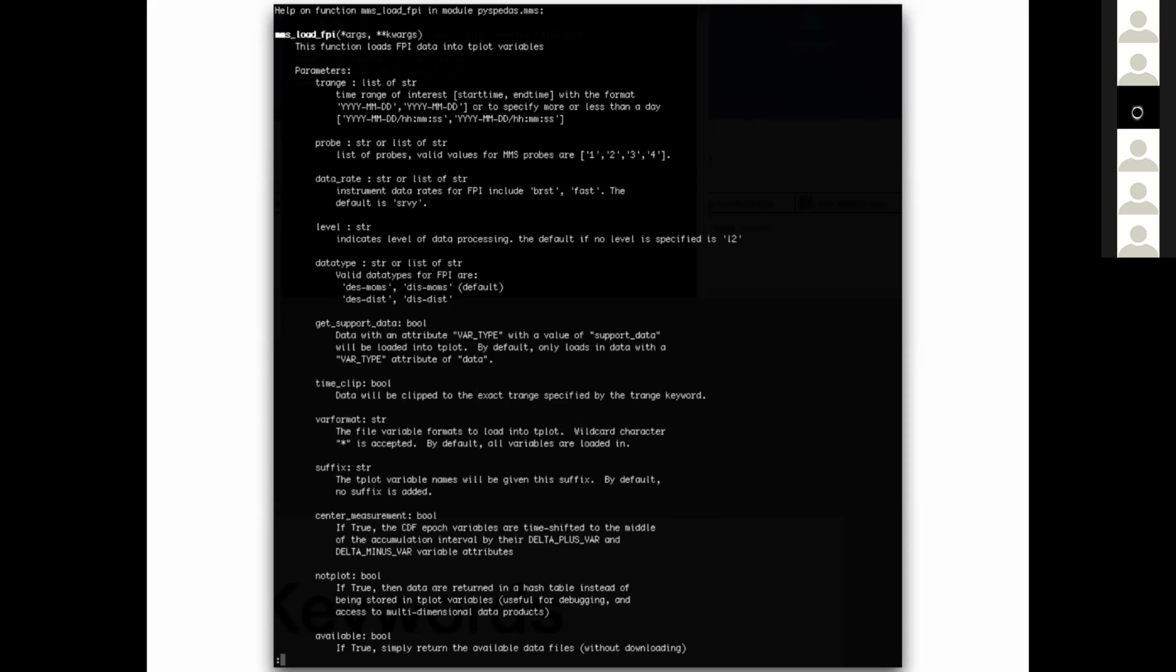and there's also an available keyword to list the available data files without actually downloading them. And this is only a partial list. There's actually a lot more for MMS that allow you to control, say, the exact CDF version. And one thing to note is that by default, when you call one of these load routines, they actually have defaults for all of these, and so they load some default data. So you don't actually have to set any options. If you just call